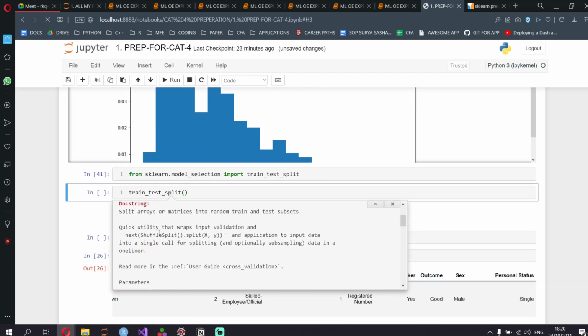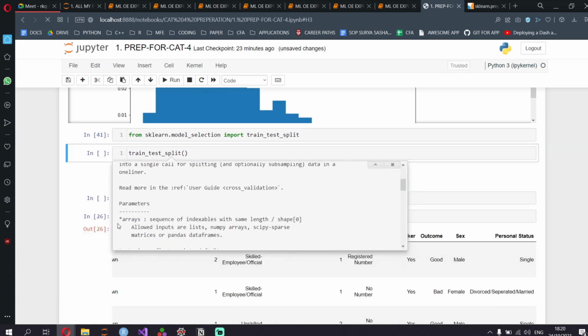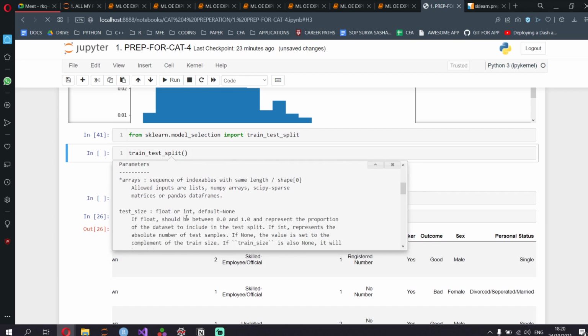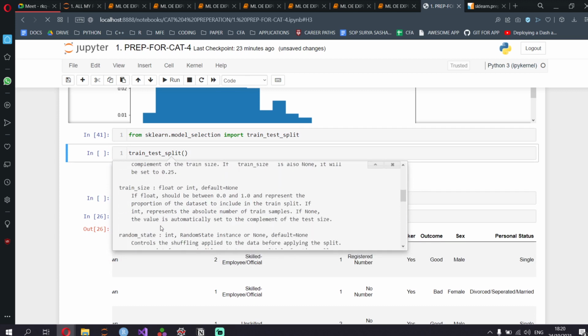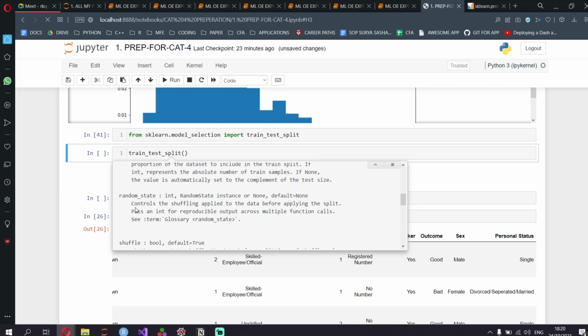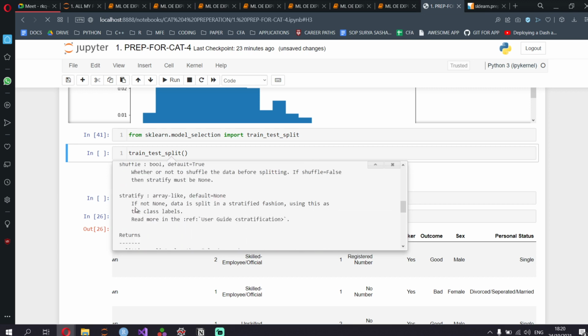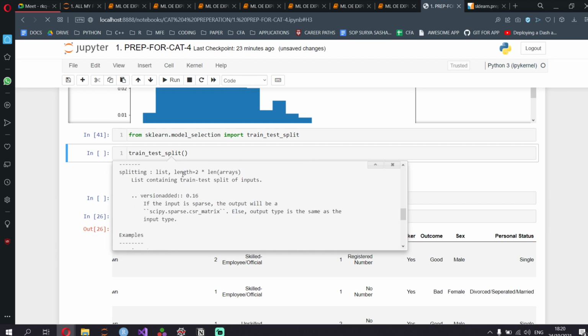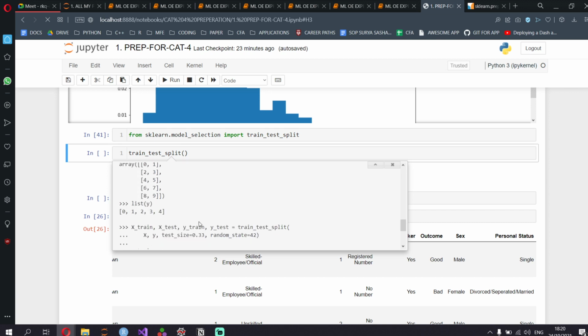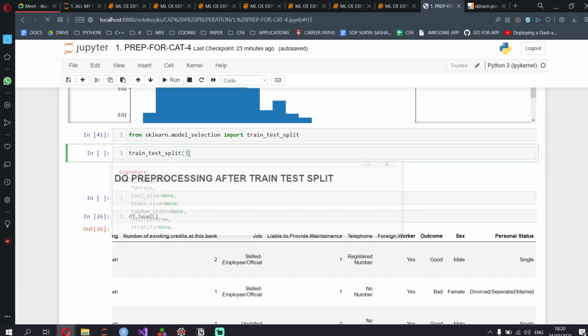It splits arrays or matrices into random train and test subsets. Parameters are the arrays, so there are 5 arrays. Then you put the test size or the train size. Then you put random state in case you want to repeat it again. And then it returns 2 for each array: X train and X test. The way it does this is by doing it for each array.